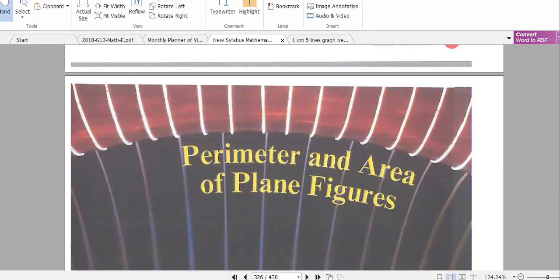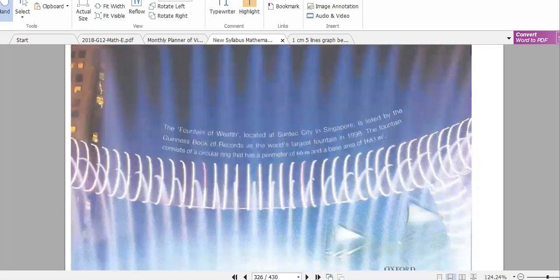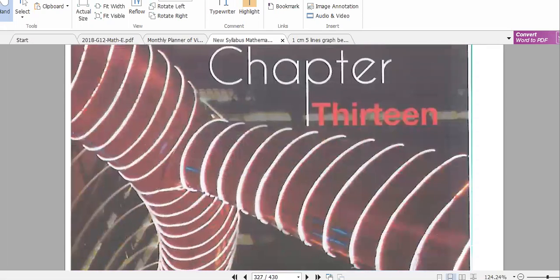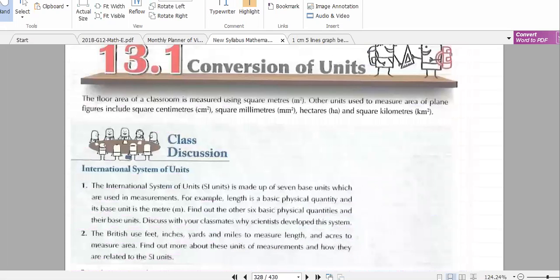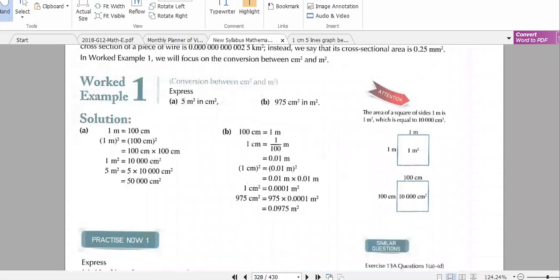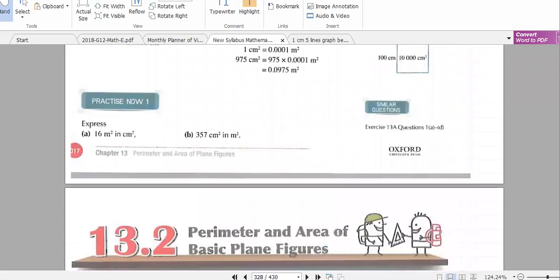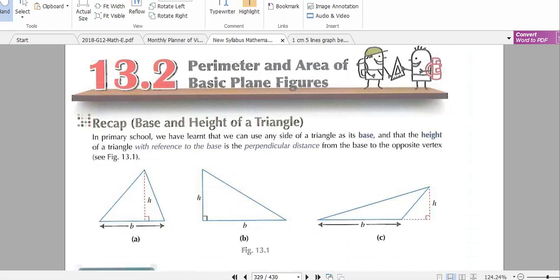This is the first lecture of the new chapter, perimeter and area of plane figures, of your D-1 book. Chapter number 13. Perimeter and area of basic plane figures. So basically we have